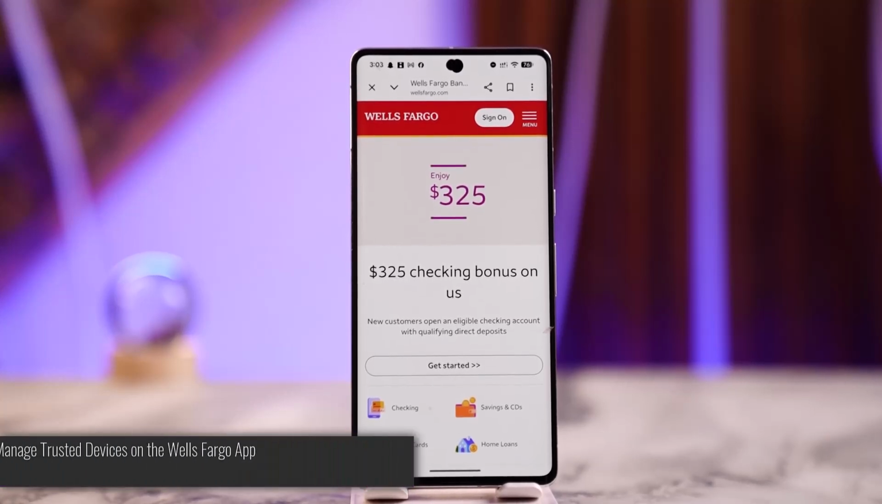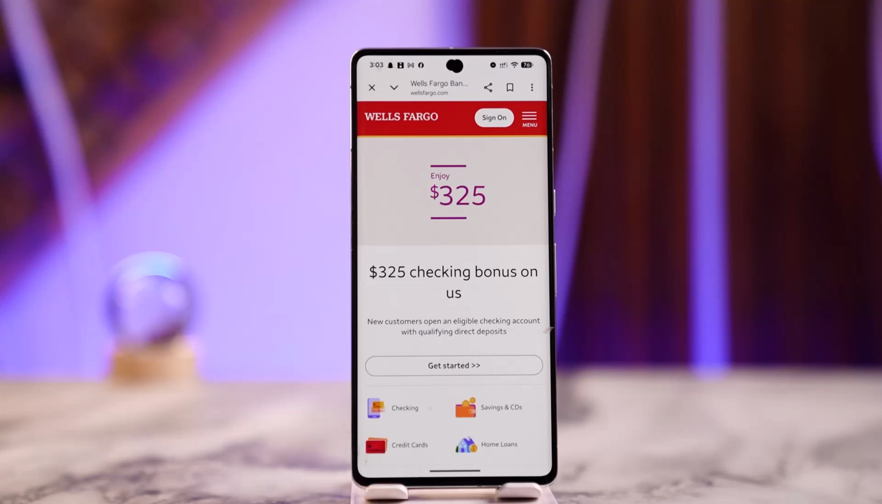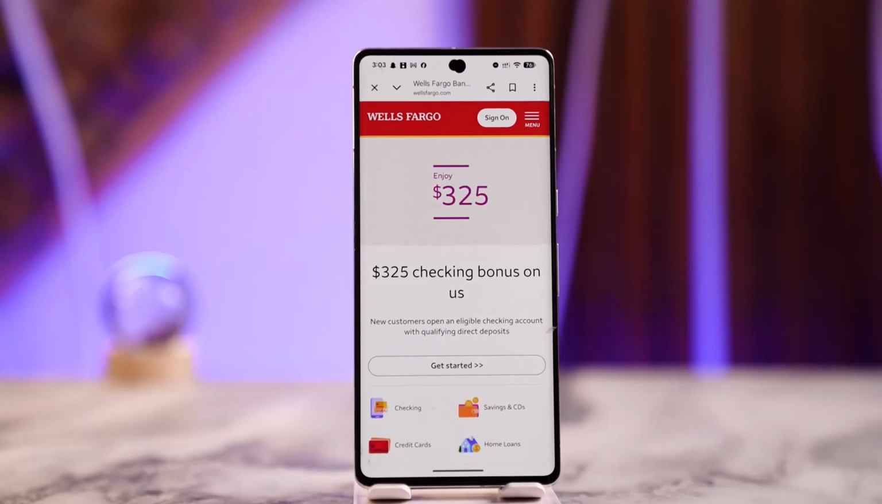How to manage trusted device on Wells Fargo app. Managing trusted device on the Wells Fargo mobile app involves configuring security settings to allow the app to recognize and secure the device you use